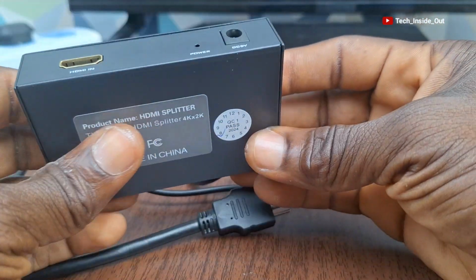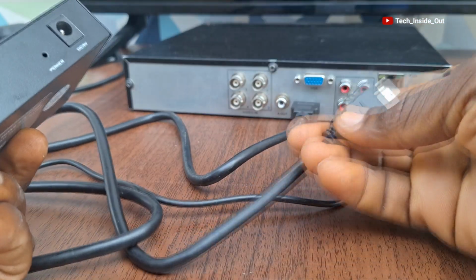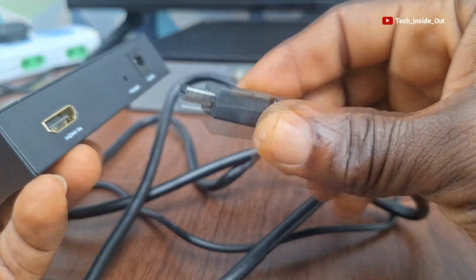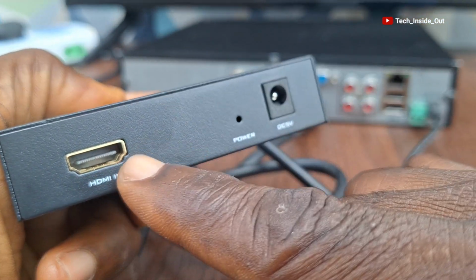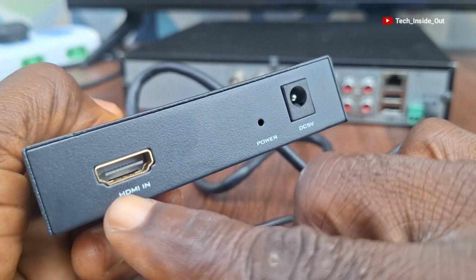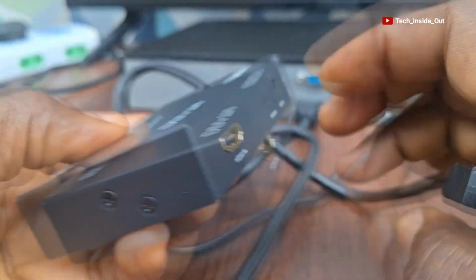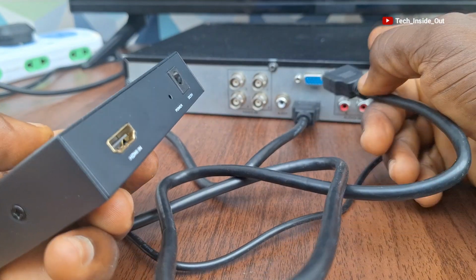But we are going to be utilizing the HDMI splitter, where instead of connecting the other end of the HDMI cable from the DVR into a TV, we'll rather connect this other end of the HDMI cable into the input port of the HDMI splitter. Mind you, this is a 4-port HDMI splitter where it has a single input and gives 4 outputs at the same time. So what we'll do is connect the cable coming from the DVR